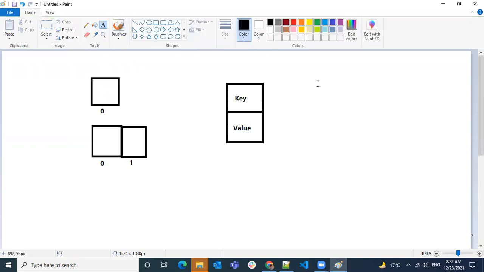So when you insert any data into the map, you have to enter it as a combination. What is your key and what is your value? Similarly, the data will flow in the same fashion.